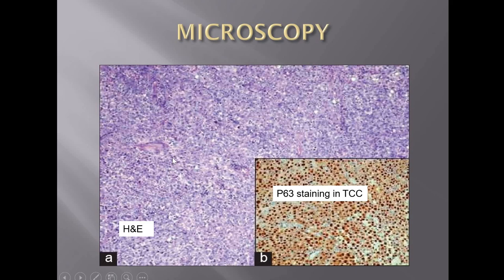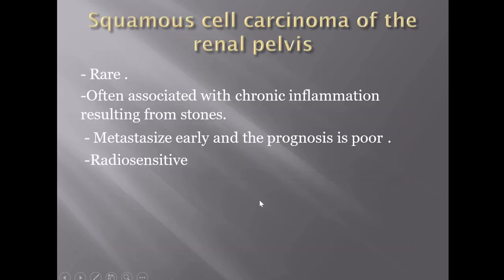I will be telling in detail about urothelial carcinoma when I talk about bladder tumors. I think my next two classes are on bladder tumors and on the male genital tract. At that point of time, I will be talking about urothelial carcinoma, how it is classified and what the features are. So for now, just for completion's sake, I've added this picture. This is a picture of urothelial carcinoma and it picks up positive p63 staining.